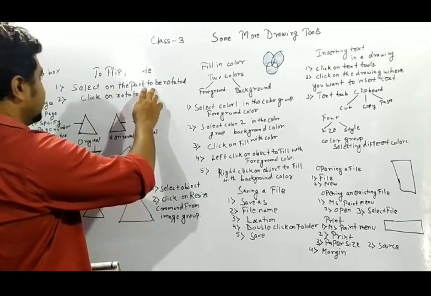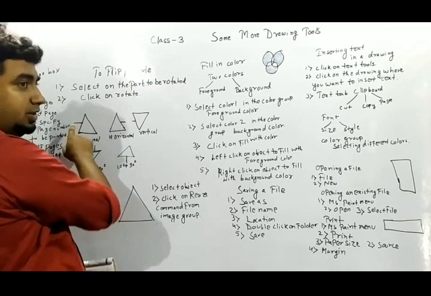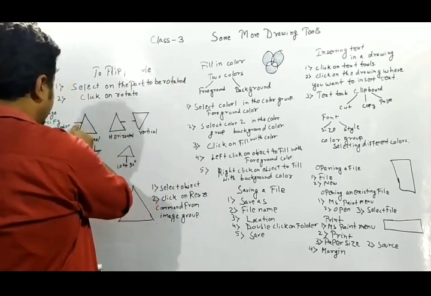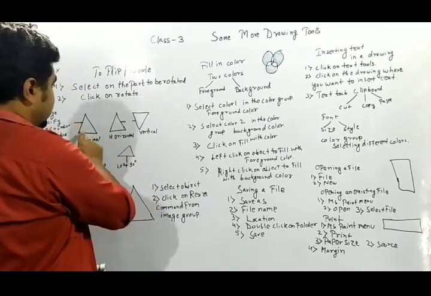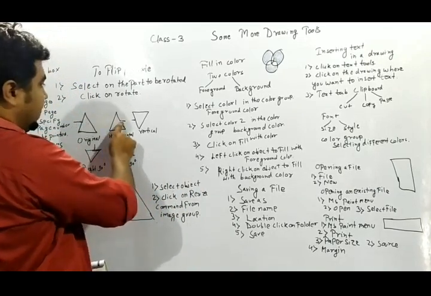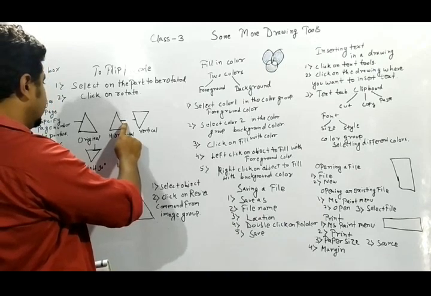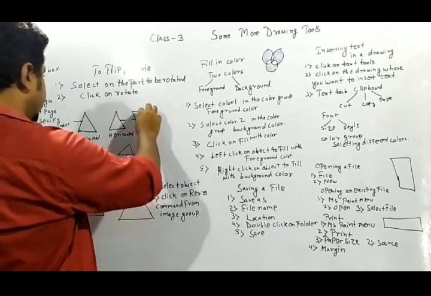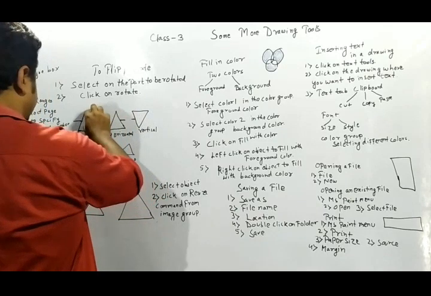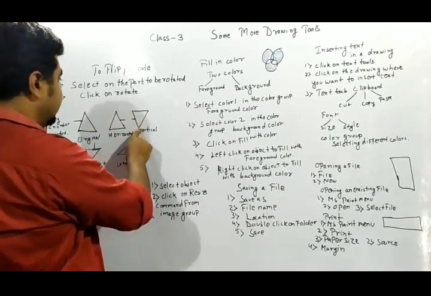So this is select the object to be rotated. I have drawn one triangle and on one side, a left line I have drawn. So if I flip it horizontal, it will be rotating and will come like this on the right side. Vertical means what is happening here? Vertical means it will be rotated, it will be going down. You are able to see that this is vertical rotation.